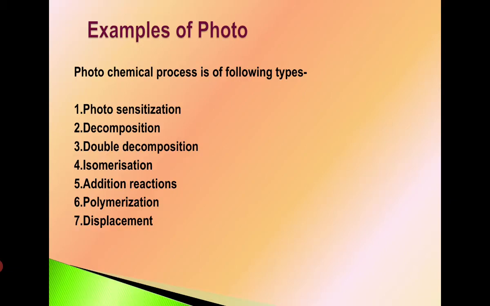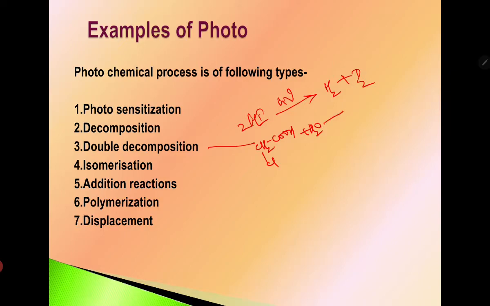Dissociation reactions: for example, hydrogen iodide in the presence of light gets dissociated to hydrogen and iodine molecules. Double decomposition: for example, alpha chloroacetic acid on hydrolysis in the presence of light gives rise